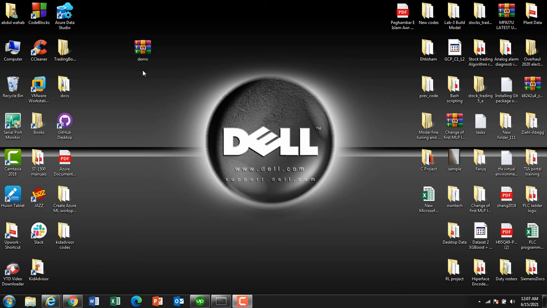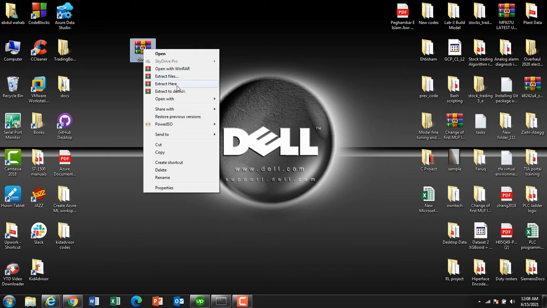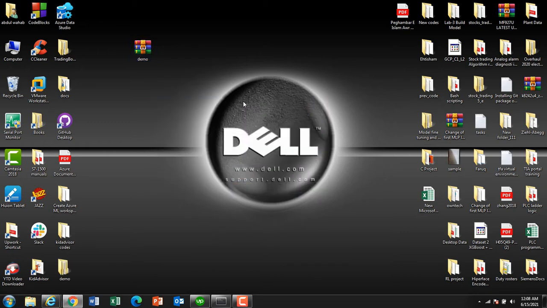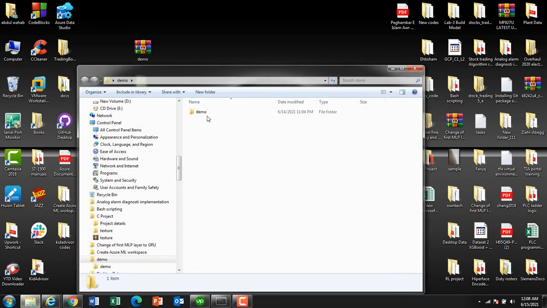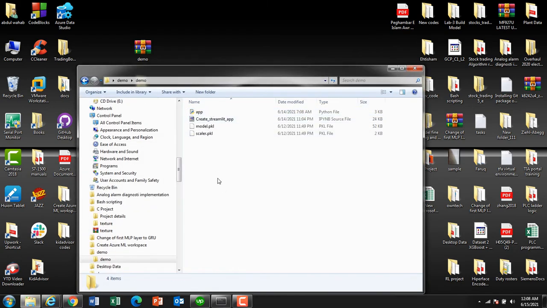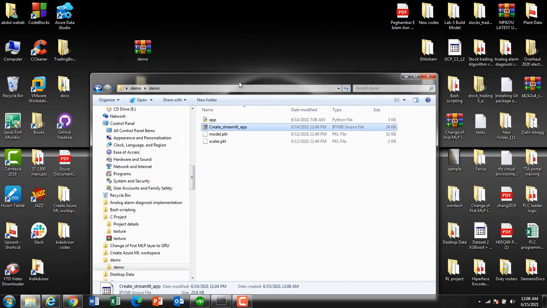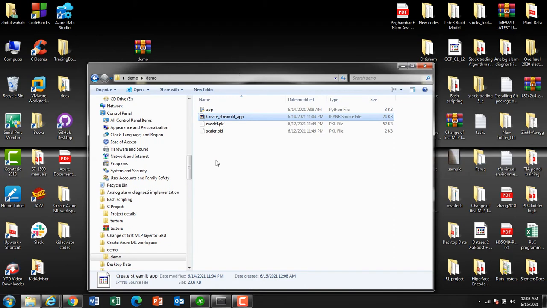Hello. So our ML model is being implemented in a demo app, and this is the folder for the demo app. We extract this folder here. Now after extracting, we can see there are 4 files inside this demo folder: app, create Streamlit app, model.pkl, and scalar.pkl. So these are the 4 files that we will use to create an app in which we can test our